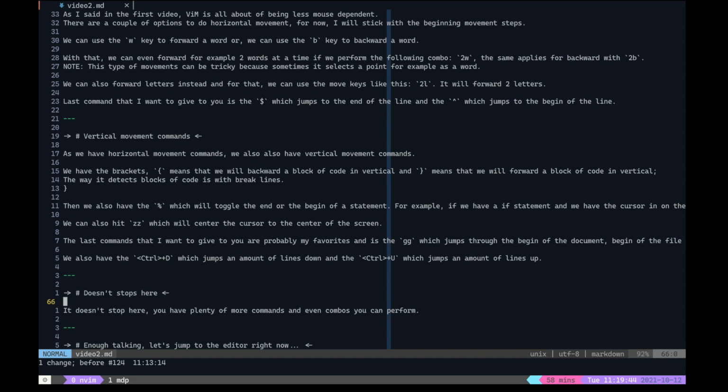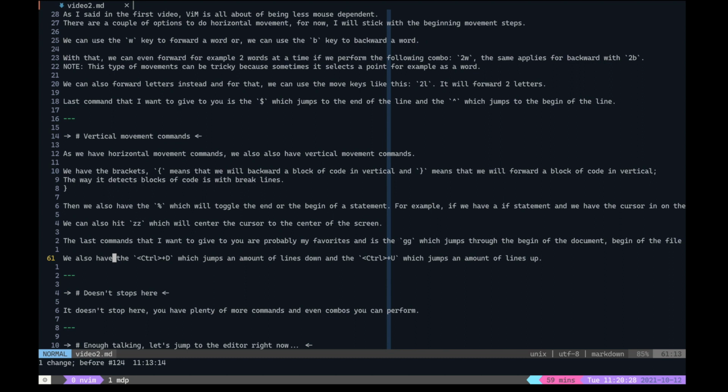And that's it. That's what I have for this video. It's basic movements. Just try it yourself. Just try it in GNOME. Don't be shy. Don't be embarrassed if you don't remember all of that stuff. Some things I don't even remember myself. I need to search about it. For example, this Ctrl D and Ctrl U, I knew that was a combination of keys that did that, but I didn't remember which keys it was, so I just found it on the internet to show it to you, to have good information for you. And yeah, that's basically it.